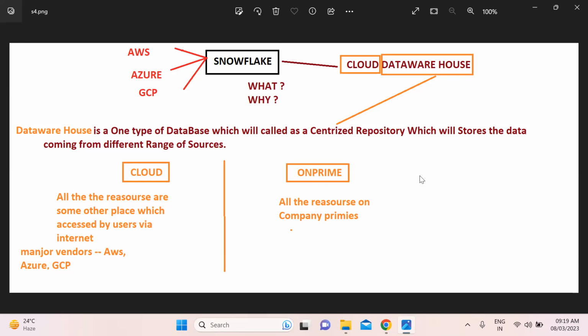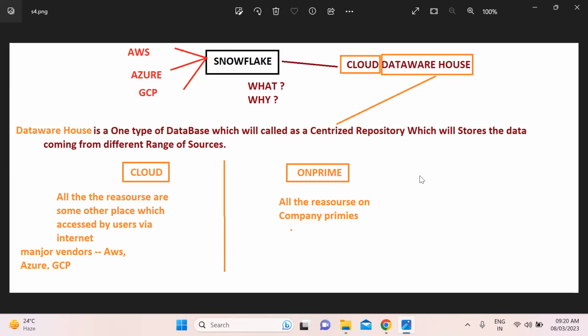Yes, absolutely right. The cloud is nothing but all the resources maintained in some other place, accessed via internet. You are accessing resources like computers, routers, switches, IoT devices, sensors, websites, applications, whatever it may be. All are placed in one place, and via internet users access those resources. After the usage, a monthly bill will come, so only after that you pay. Based on your usage only you pay. That is called the cloud model.